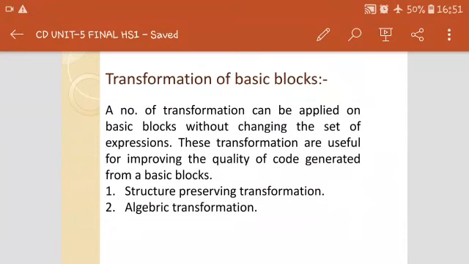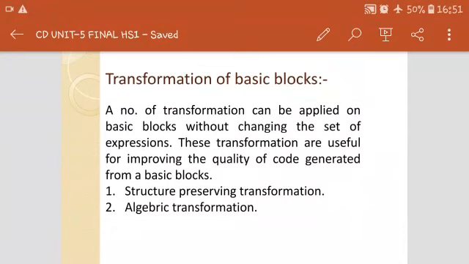Second, if a conditional or unconditional jump is there, then that statement is a leader. Last, the statement which exactly follows a conditional or unconditional jump is also called a leader.